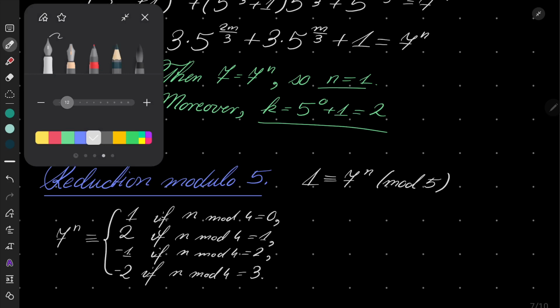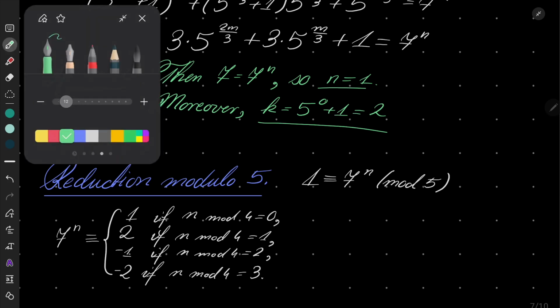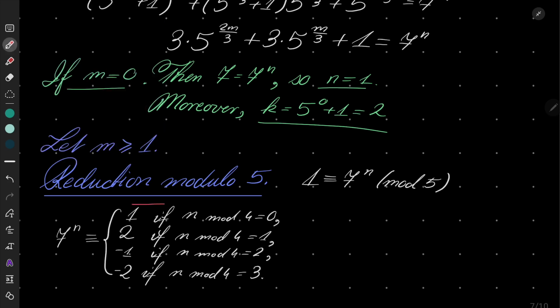So we see that it's congruent to 1 in one and only one case, in this case. So we can deduce that